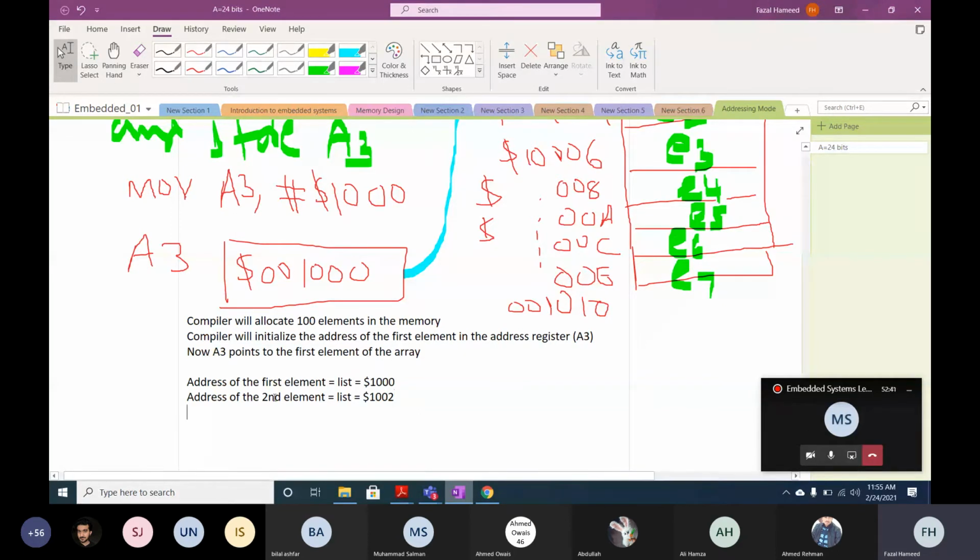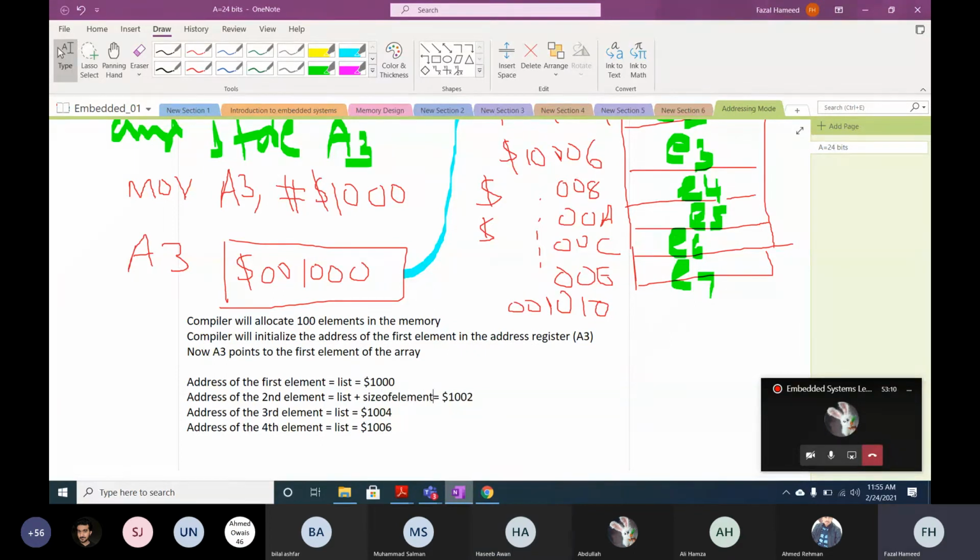Then what is the address of the third element? 1004. What is the address of the fourth element? 1006. It is actually list, and it is actually list plus size of element.